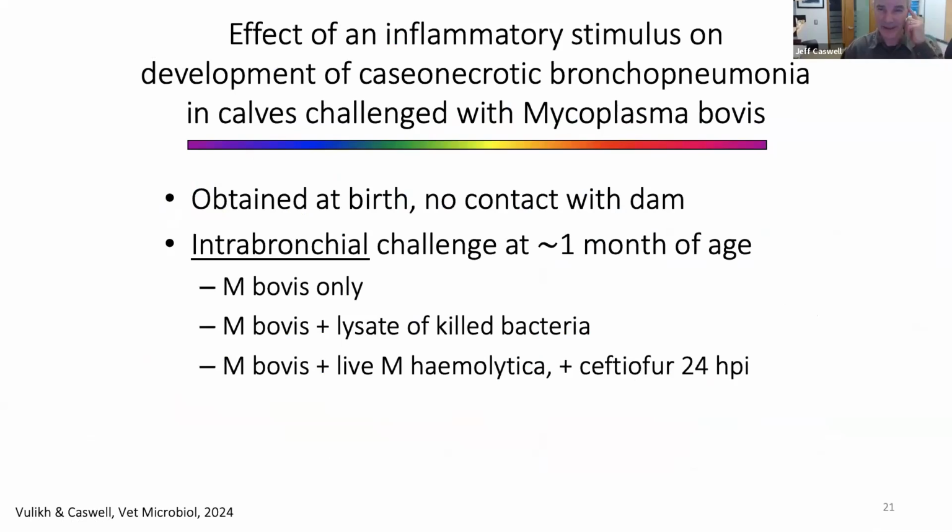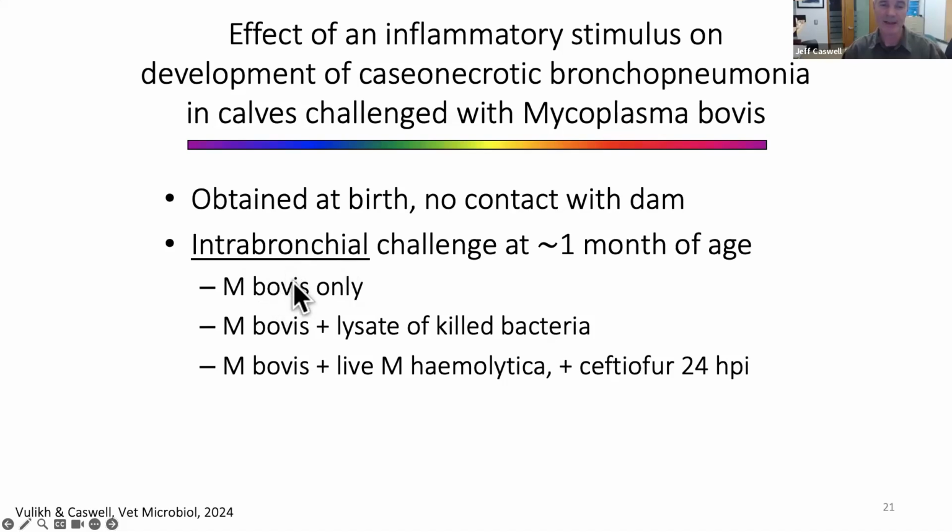We wanted to look at that same question in calves in vivo. So we took young dairy calves, obtained them at birth with no contact with the dam. So these calves did not have antibodies against Mycoplasma bovis. We raised these calves in isolation, and then these calves were experimentally infected with Mycoplasma bovis at about a month